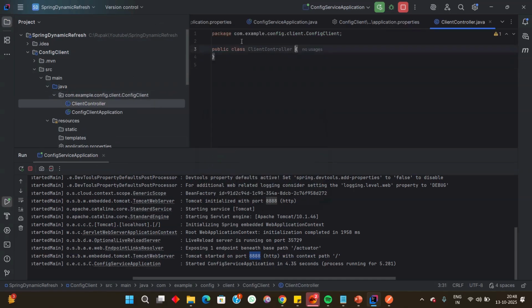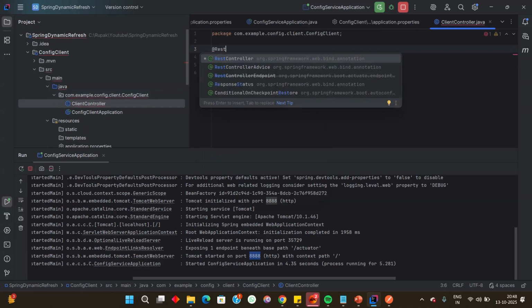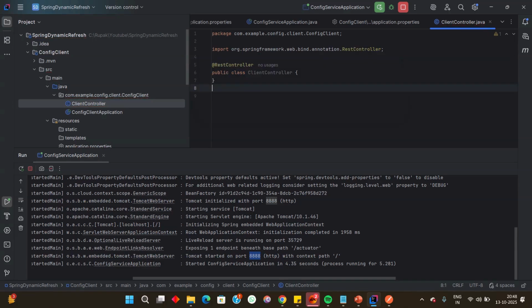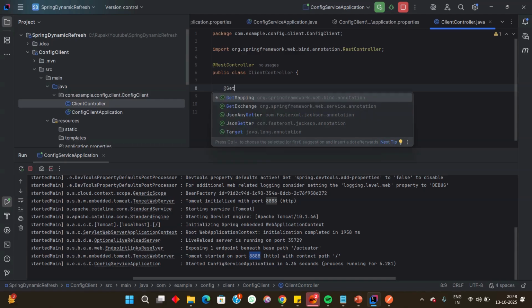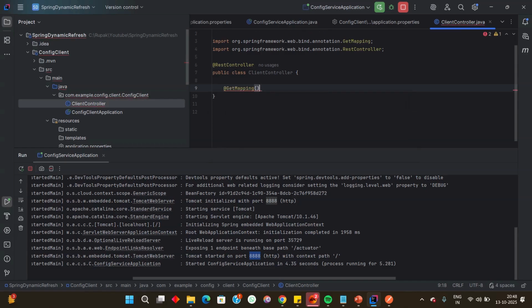Okay, and I will quickly annotate it as a RestController, and I will create an API which will just give me a message. So I'll add a GetMapping, message slash message, and I will